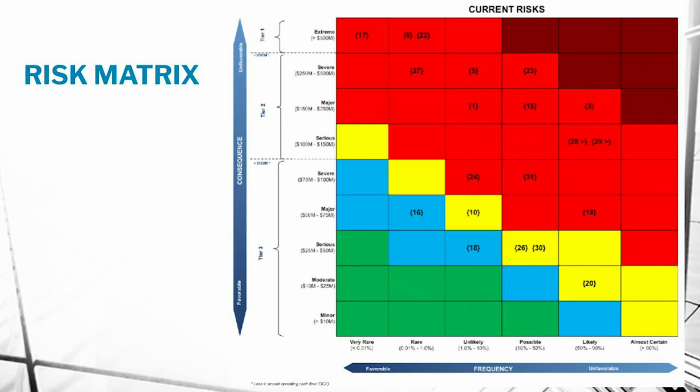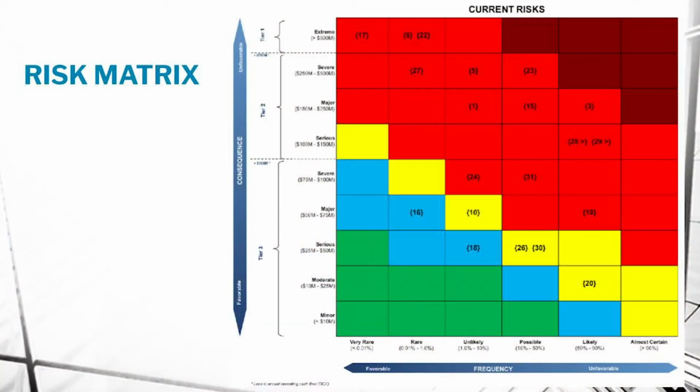Now this one is pretty small. Here, when you start looking at the consequence, and they also flipped the axes, their extreme consequence is greater than a $500 million loss. So that's a score of 9, greater than 500 million. If I lost $8 billion, it's still a score of 9. And it's only money. It's only money. If I start working down, minor is less than $10 million. So I could lose a whole bunch of my C-stores and it's still minor, I don't even care.